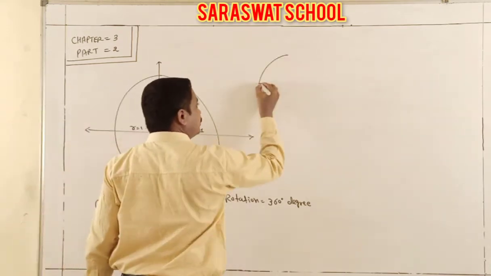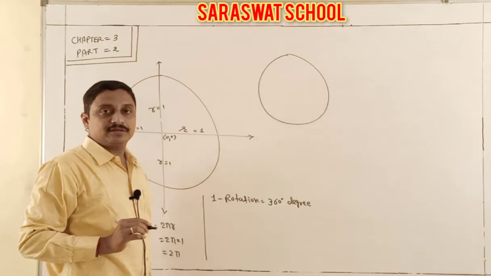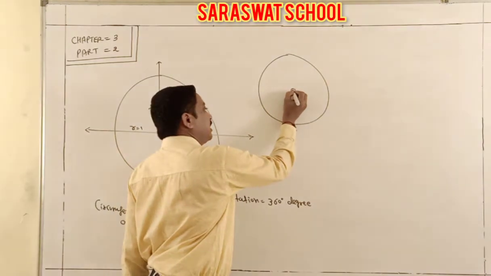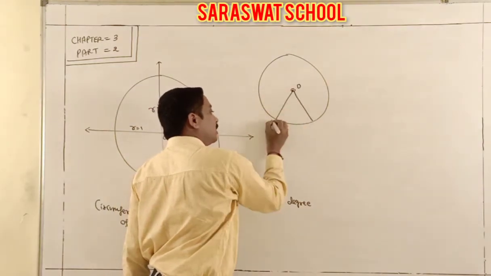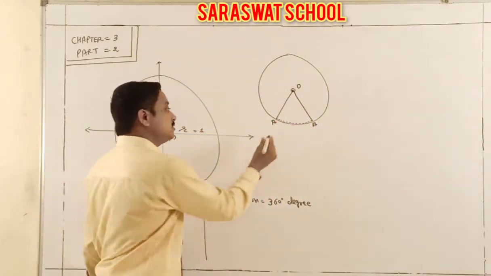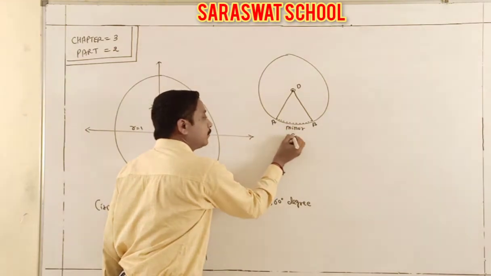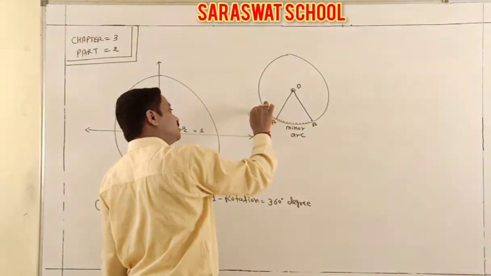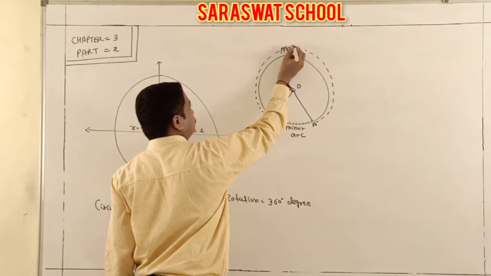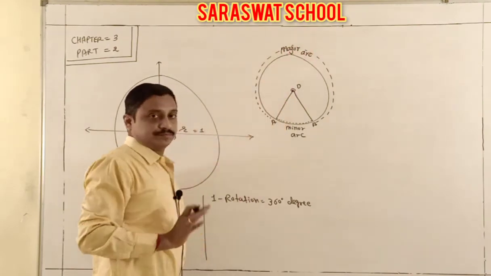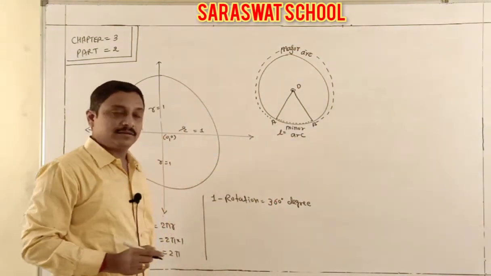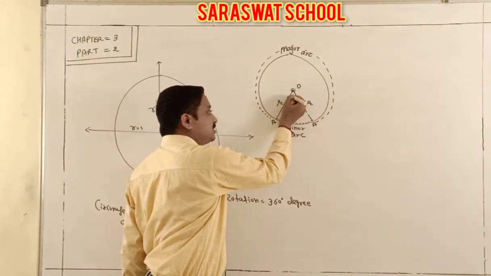Now students, today I am going to explain the relation between the radius and the angle measure theta. You know that in any circle, from A to B, this is the length of the minor arc. And the rest of it, this one, is your major arc. So both are known. Today I am going to cover the minor arc. The minor arc is denoted by small l. It is your radius and here your theta.